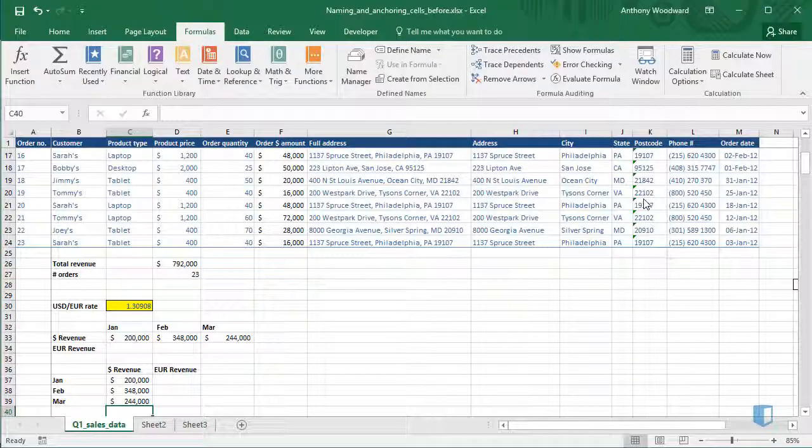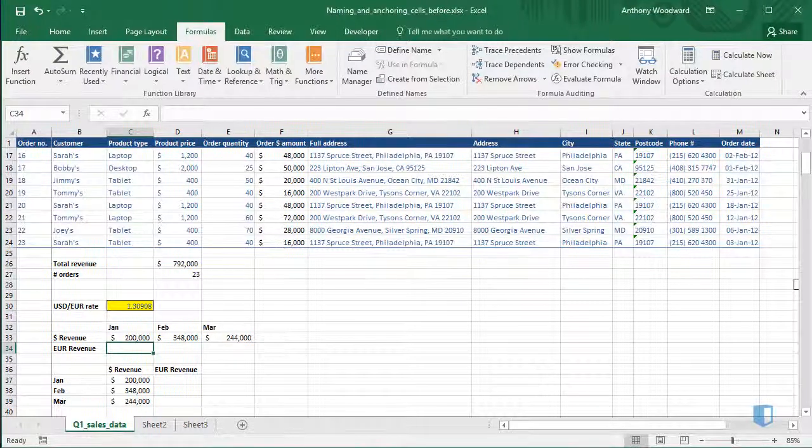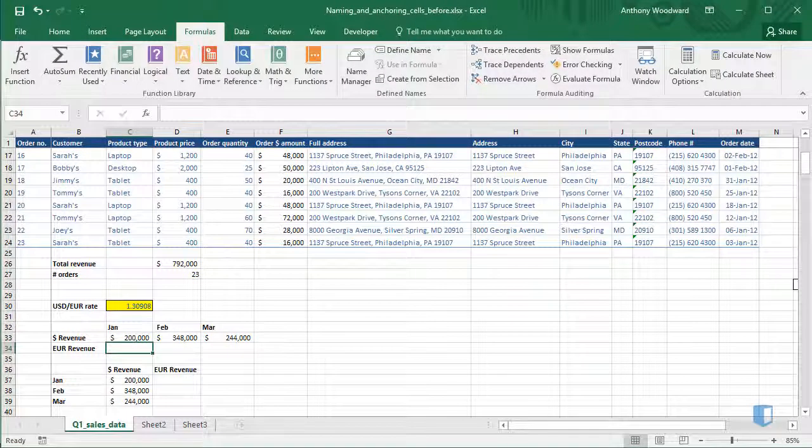It turns out that our US company is actually a subsidiary of a European holding company that would like our monthly revenues converted back into euro. We'll be able to do this using the exchange rate in the yellow cell. Let's start off by calculating the euro revenue for January by taking the dollar amount and dividing by the exchange